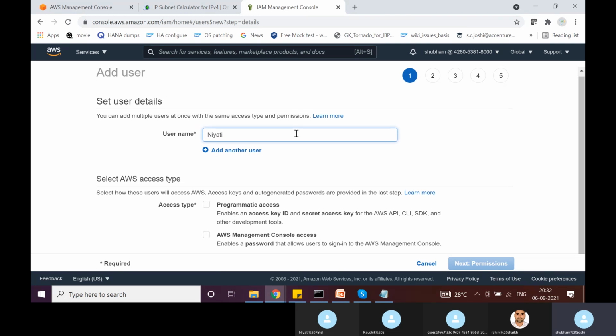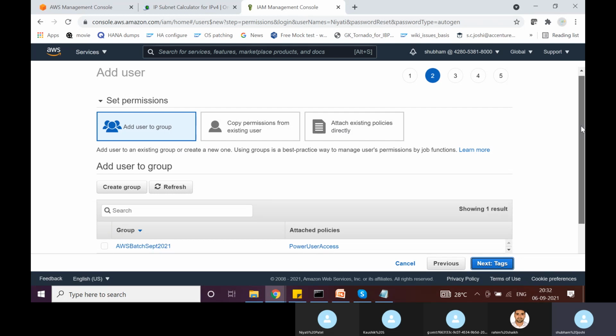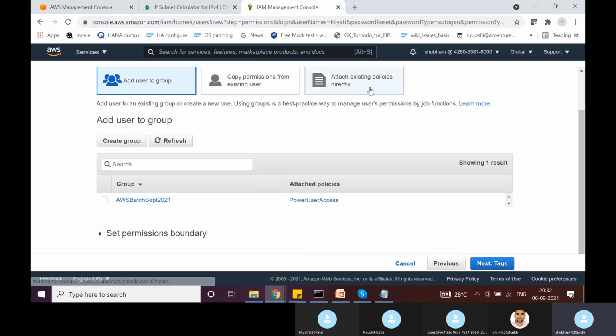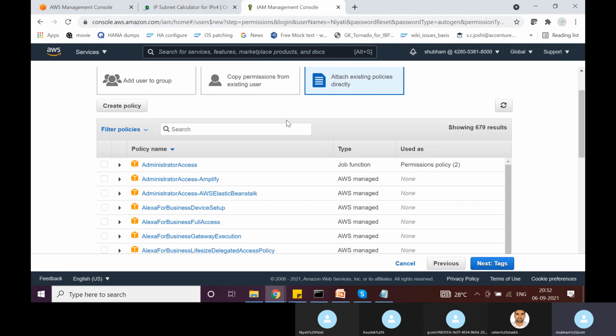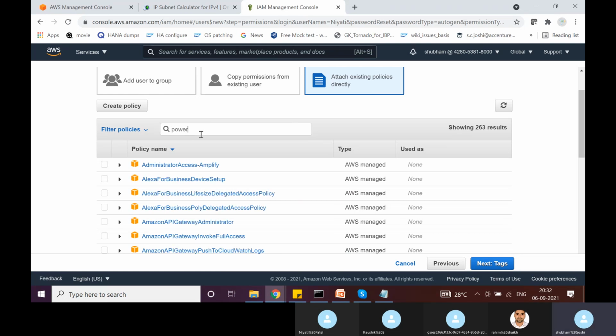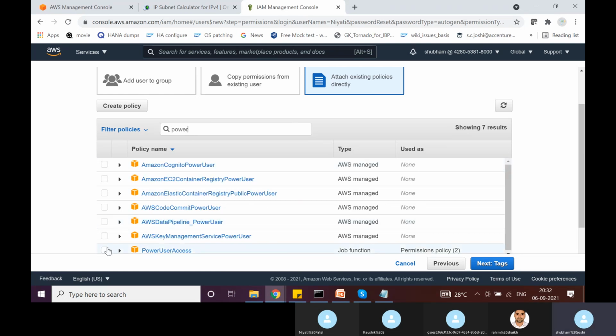So Niyati, I want to enable management console access. Next, permissions. Let's attach policies directly. No need to add it into a group. So for now, I will attach the same policy, power user access,